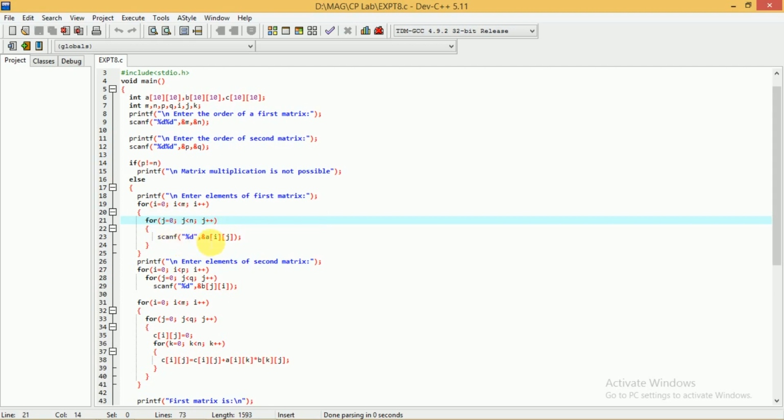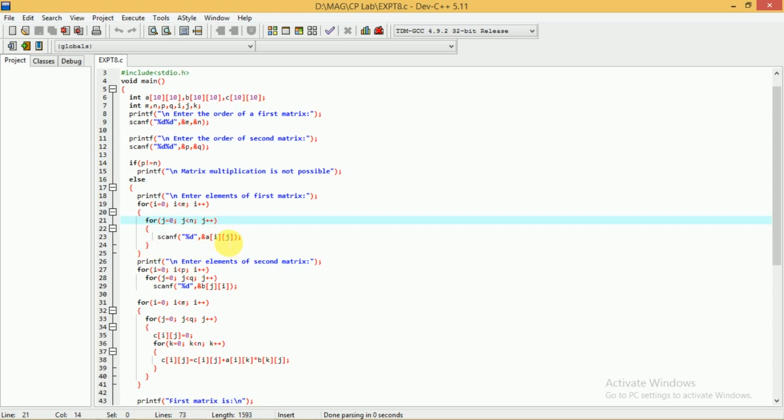So it will become scanf %d ampersand a of 0 by 1. a of 0 by 1 means the second element of the first row, that is, row number is 0 and column number is 1. Because the index value starts from 0, 1 means it is the second element and 0 means it is the first element. After that, j will be incremented again. This time it is going to read the third element, that is a of 0 comma 2, and so on.